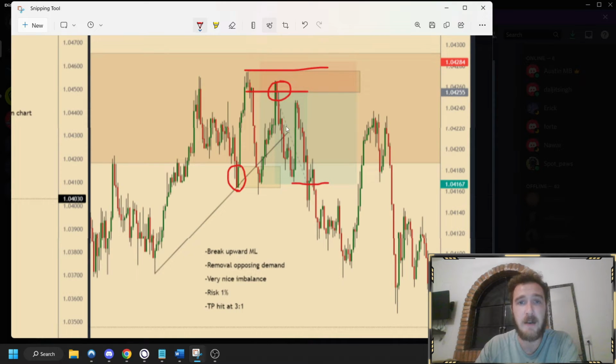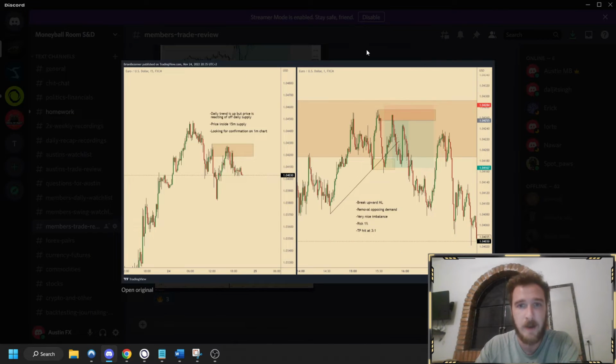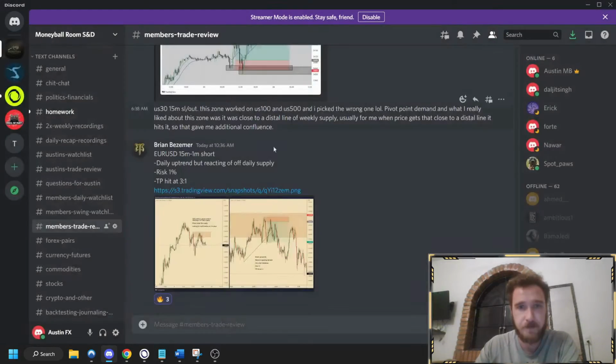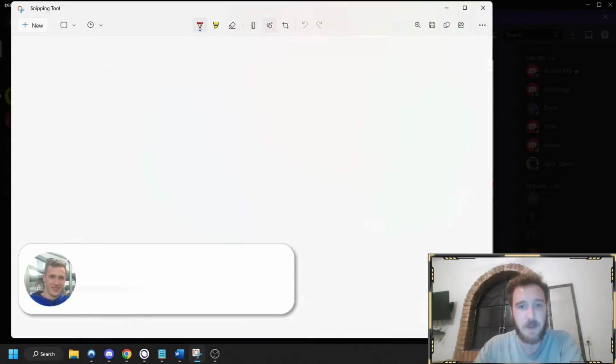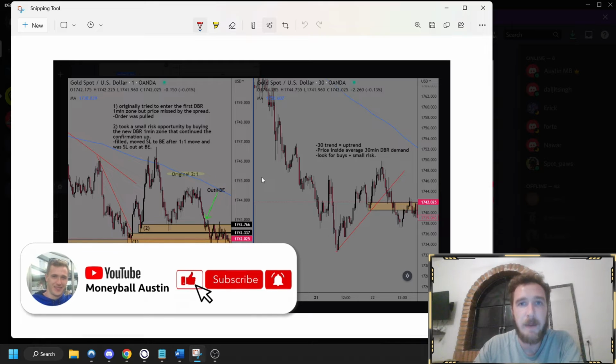So he's really focused in on just not necessarily quick take profits. I mean, 3 to 1 is very good, but he wants to be in and out of that trade. He doesn't want to be holding that trade for a week or a couple hours. He's in and out within 60 minutes. So, congratulations to him. So because this is my trade review, we can't sit here and say we made $1,000